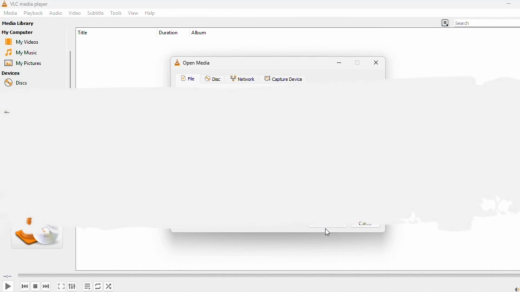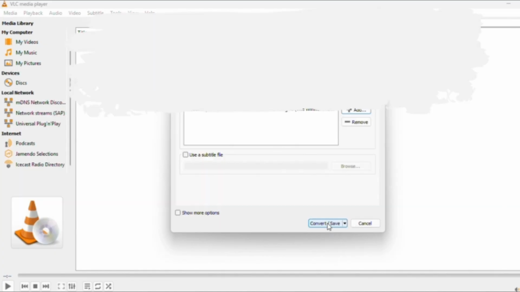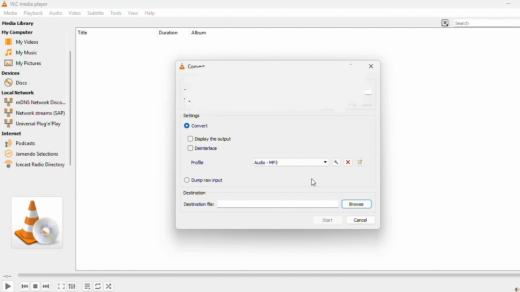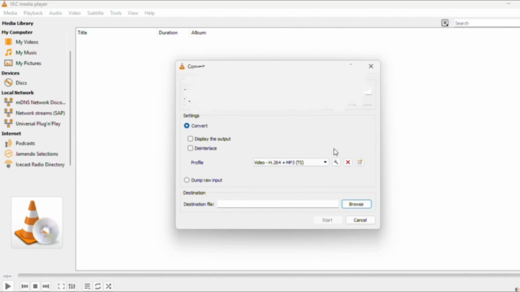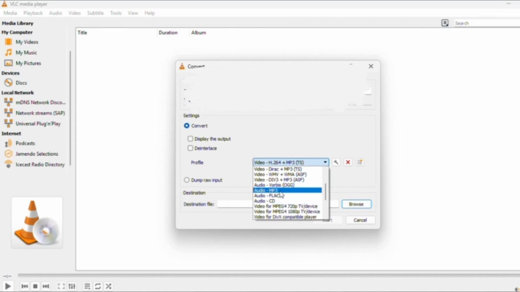and then you go over to convert and save. This is the point where you get to choose what file you are converting it to. Because I had used this tool before, it is automatically on audio, but you probably see something like this, so you just have to go down and click on audio mp3,